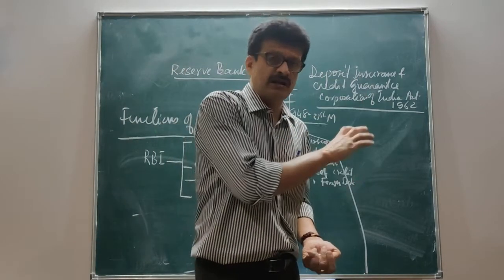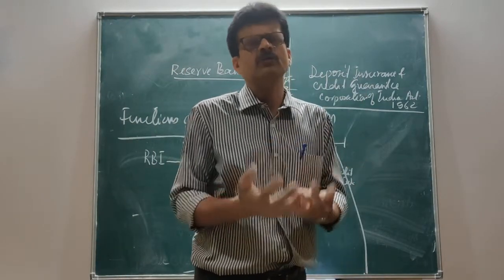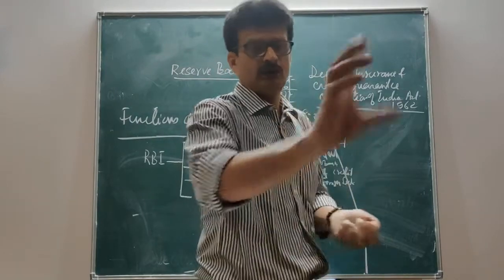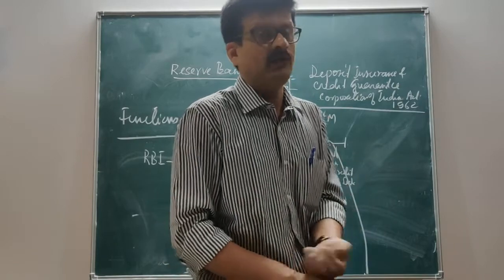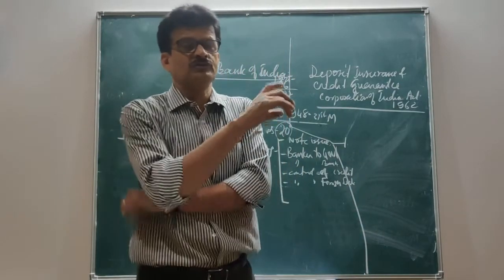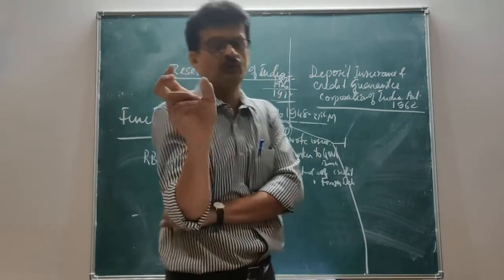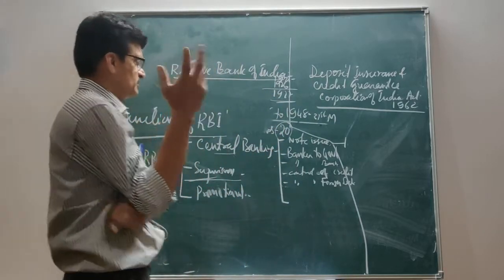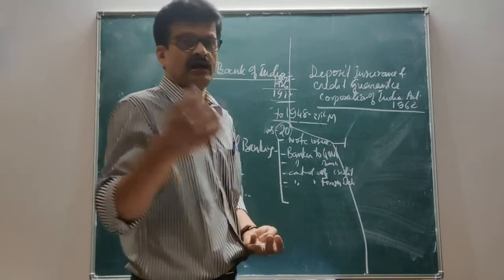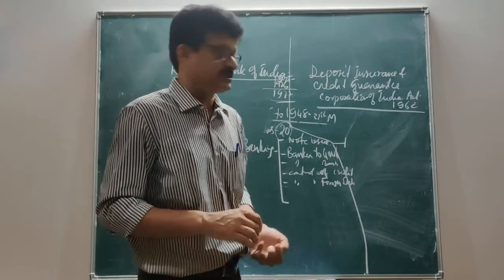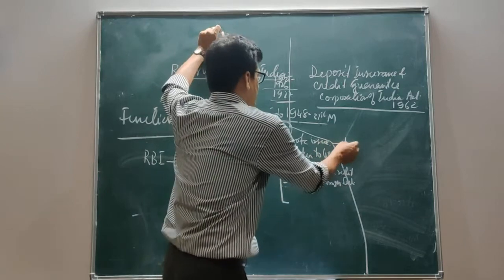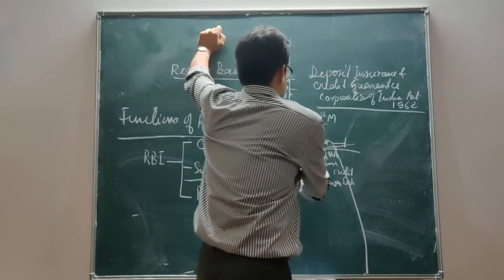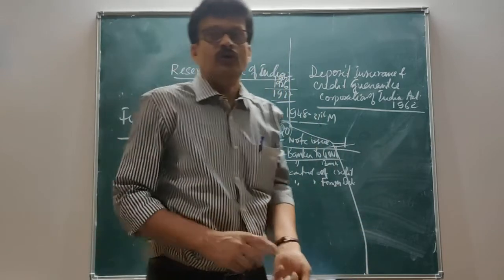There was a system earlier to begin with. I can only print notes to the value deposited with me, and I will release only equivalent value, not beyond that. But now it is not there. Out of 515 crores, 115 crores only worth gold and bullion, and 400 crore maybe foreign securities, no worry. We are rich as far as the foreign reserve is concerned right now, and it is being managed by the RBI. So note issue we have seen, and regarding banker to the government,